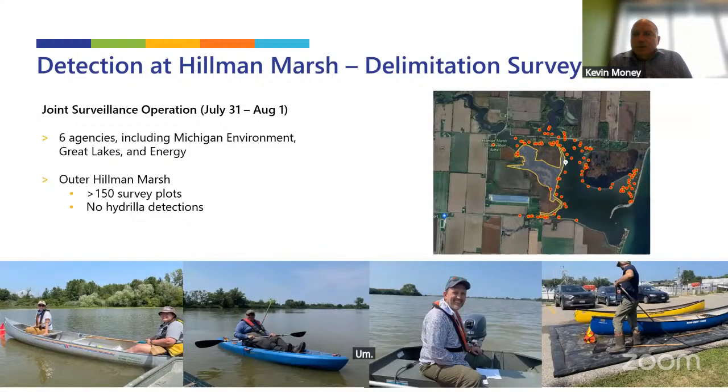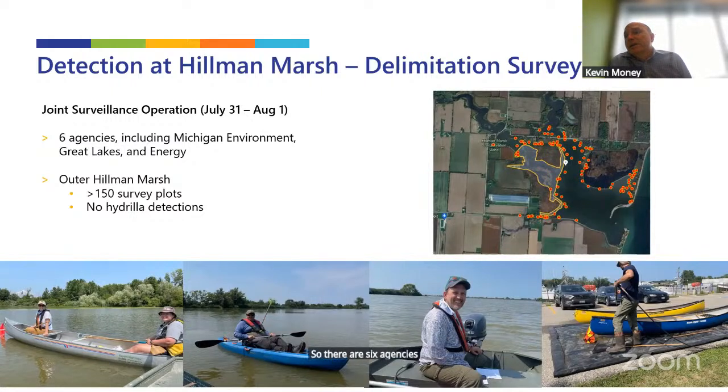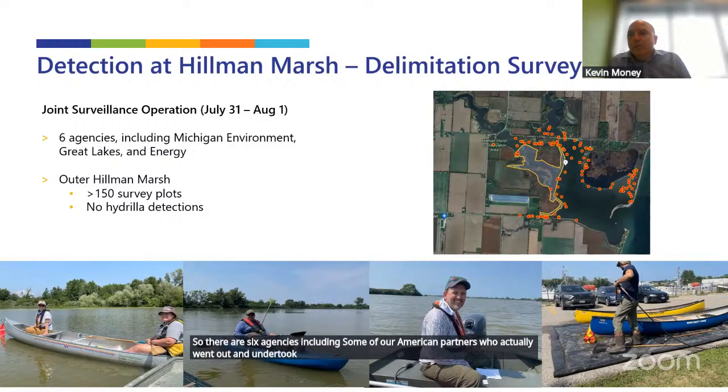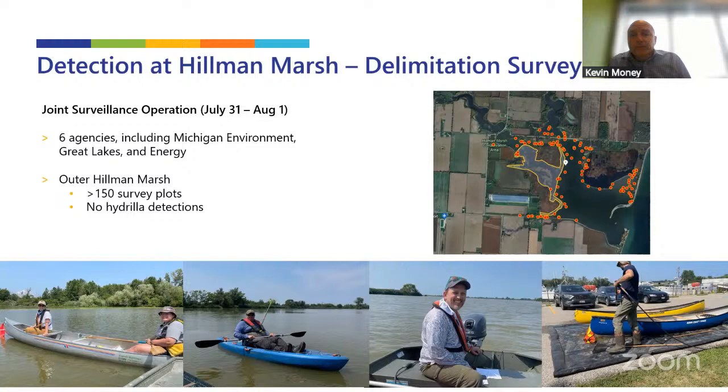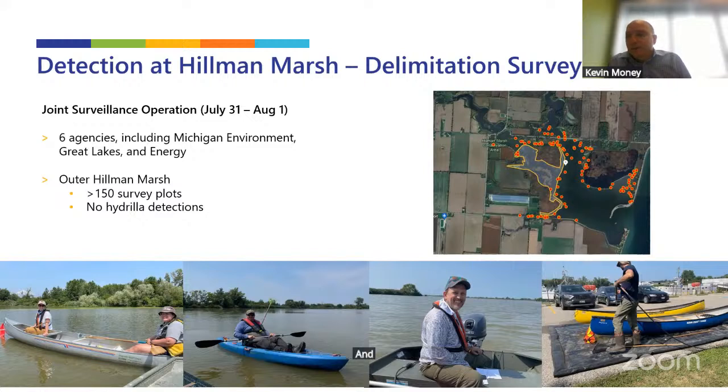One of the first things that the group needed to do was see if we could find it anywhere else. So there were 6 agencies, including some of our American partners, who went out and undertook a fairly significant one-day survey to try to find hydrilla in other places in Hillman Marsh. They looked at over 150 samples, and fortunately, they were not able to find it outside of this west cell,